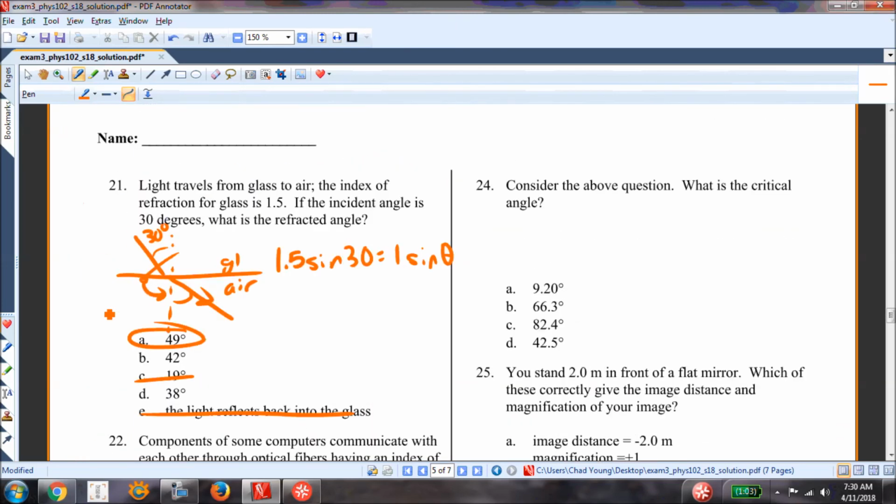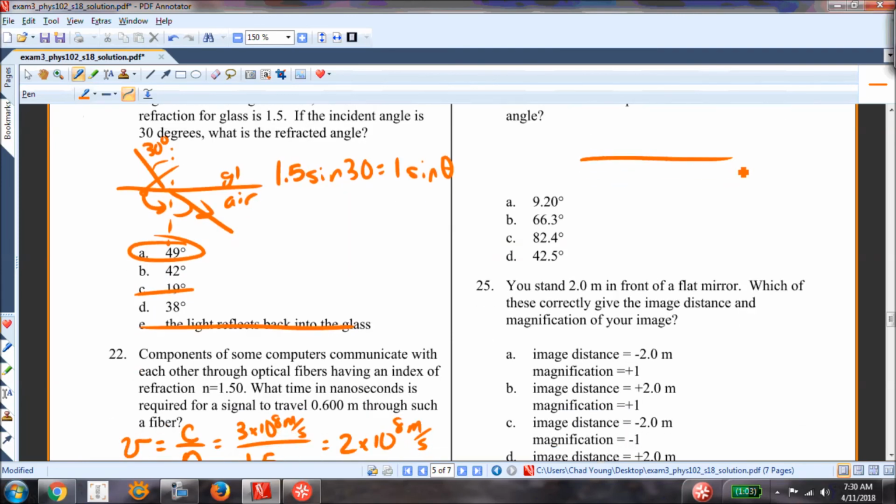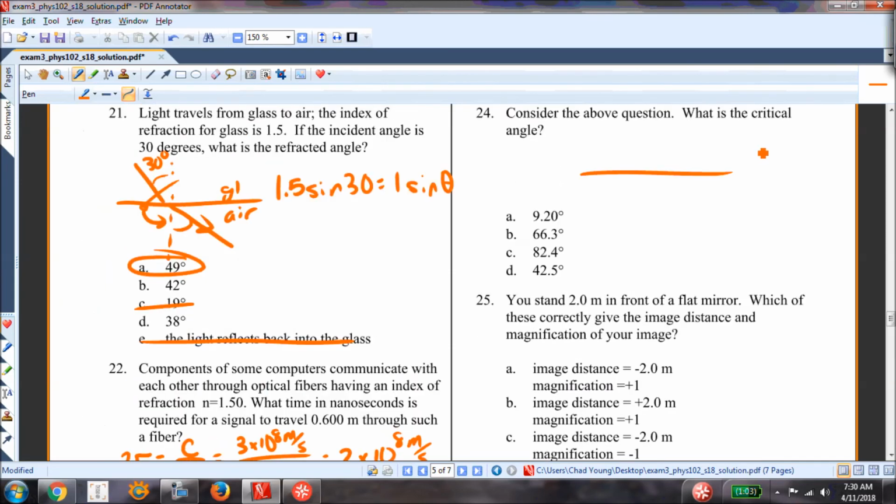The next one's a follow-up. What is the critical angle? So if I'm going from, what were my indices? From 1.66 to 1.52, as my light ray is traveling from n equals 1.66 to n equals 1.52, my critical angle is going to